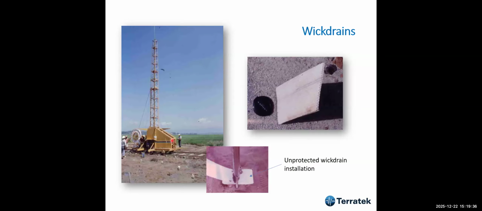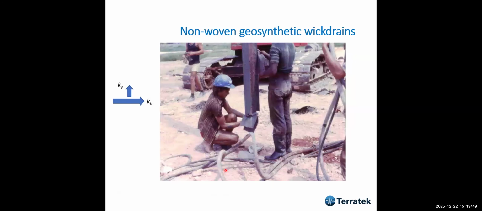I'm going to address this later. But they had very light equipment, which was good, on rails to install the drains, but the drains were not protected during installation. This is not good today. Then we also used another section with non-woven geosynthetic with drains. We had no idea whether this would work or not, but it was a proposal, and we used the non-woven geosynthetic. This was a failure, and I'm going to explain to you later.